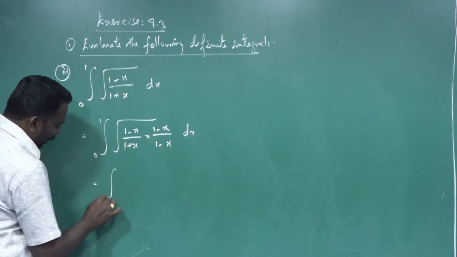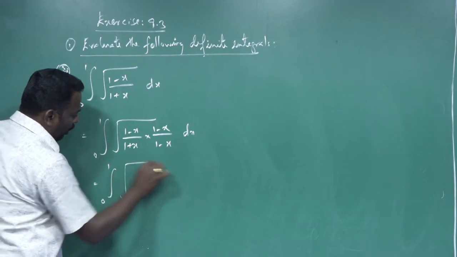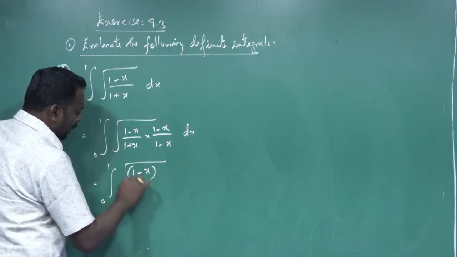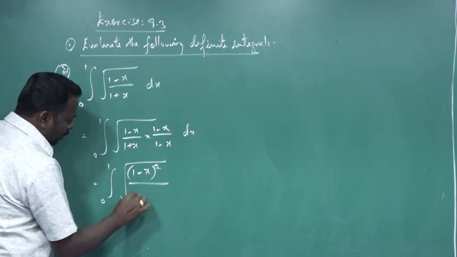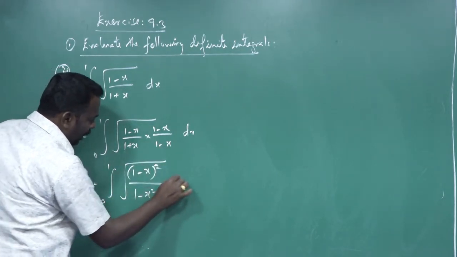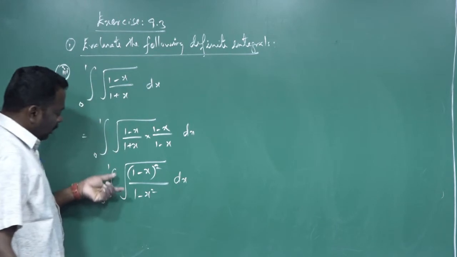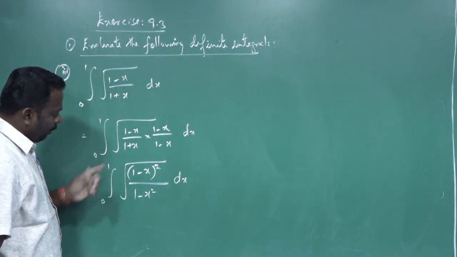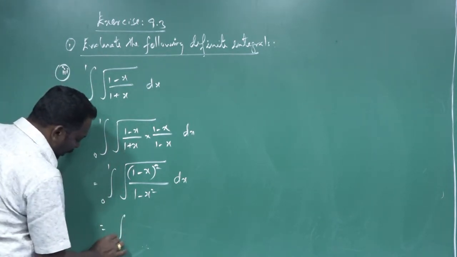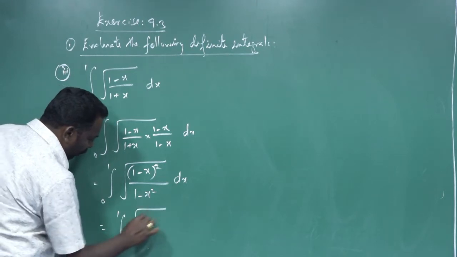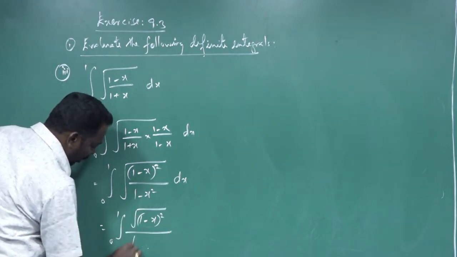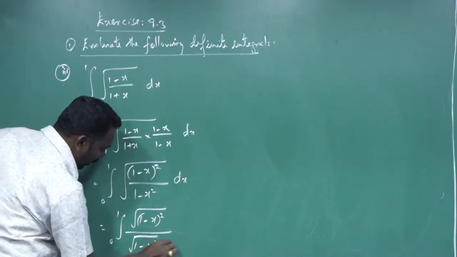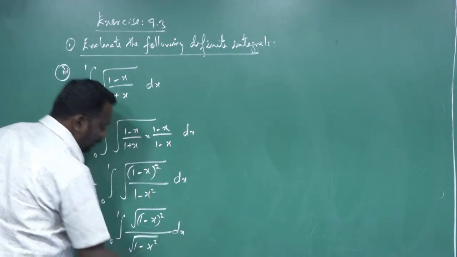And that is equal to the integral from 0 to 1 of the square root of (1 minus x) whole squared, using a plus b times a minus b equals a squared minus b squared, so 1 squared minus x squared, into dx. Now separating the square root of the numerator and denominator, that is equal to the integral from 0 to 1 of the square root of (1 minus x) whole squared by the square root of (1 minus x squared) into dx.